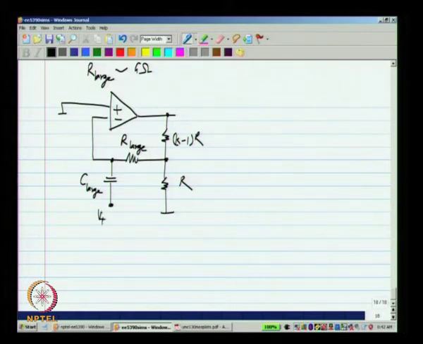We apply V test through a very large capacitor, this again can be unrealistically large, you can have farads or even kilofarads and so on. Okay.